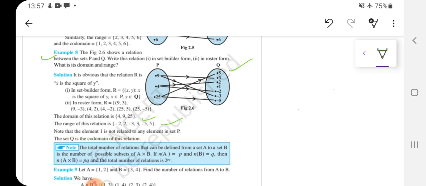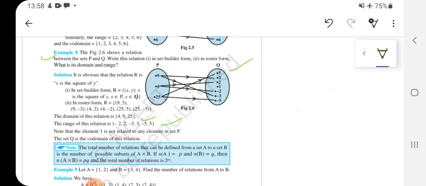Now domain and range you are all clear with, and the set builder form or roster form of the relation as well, now with the help of the arrow diagram as well. Now coming to the first, they are saying write this relation in set builder form and roster form. So first of all we have to write it in set builder, then we will write it in roster form.